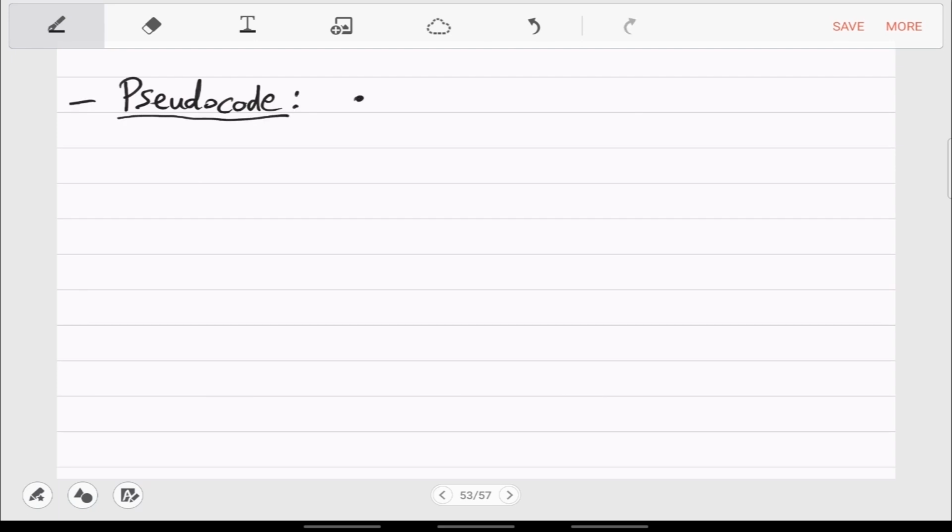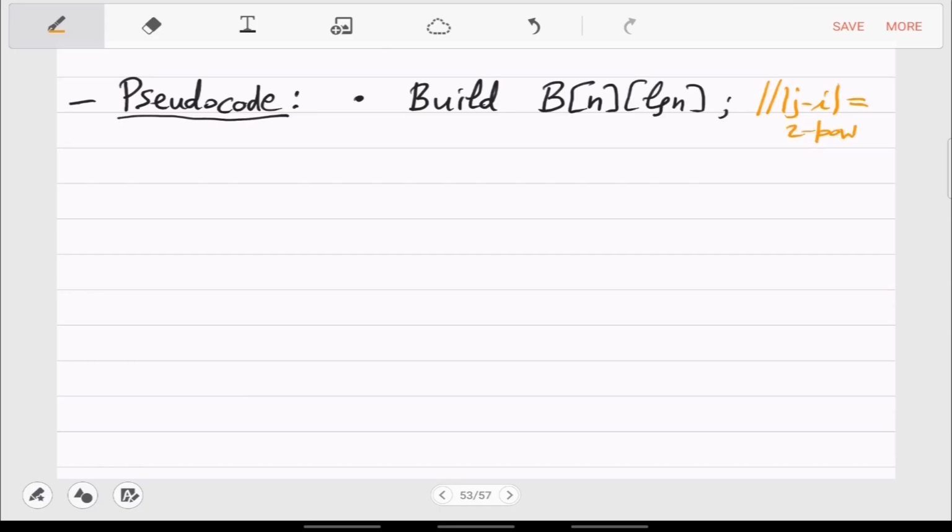So first thing that you should do is you should build the matrix B, n log n, which will store the answers for j minus i equal to 2 power. Okay, so build that first.